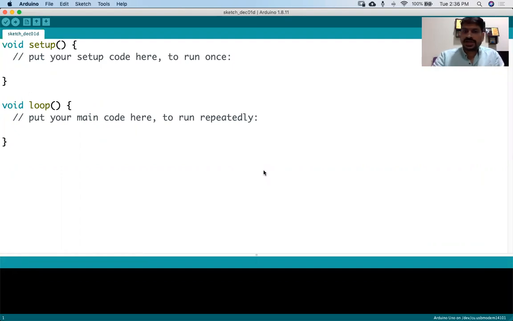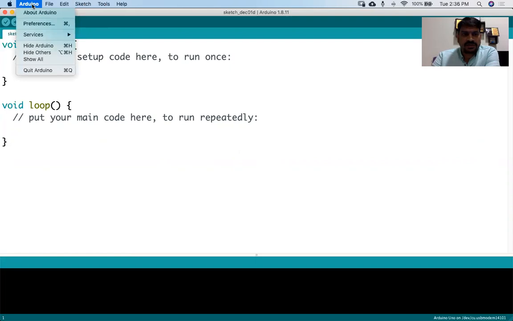Now let's try to understand how we'll write the program in this IDE, which is available for writing the codes for the board. You can see here we have many menus. One is the Arduino menu.